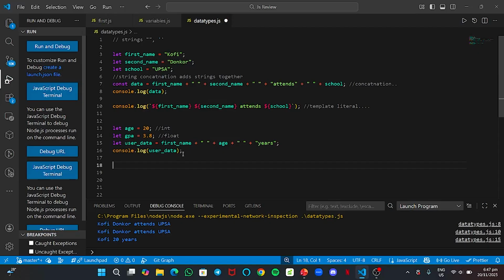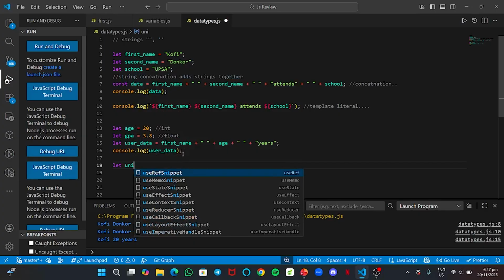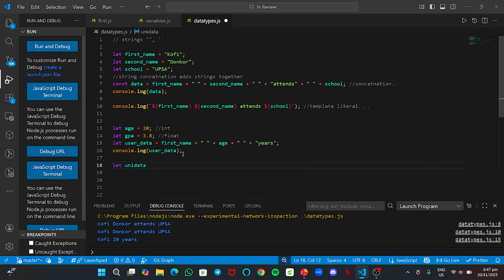So let's go. So let's uni data. Let me add a space here. Okay, so with variables, you don't have to create a space. If you create a space, it would give you an error. So to add a space, you have to use an underscore. You understand? Yeah. So uni data equals to